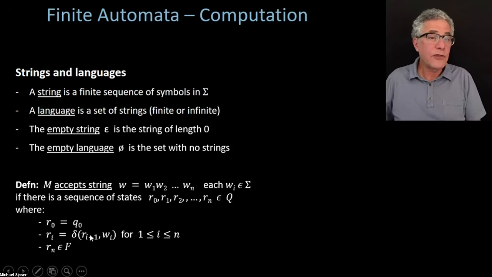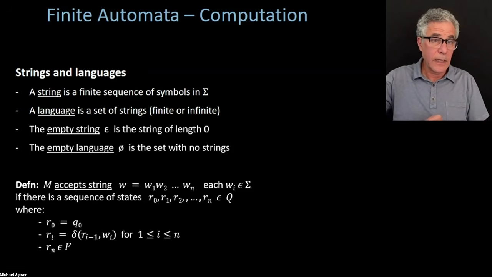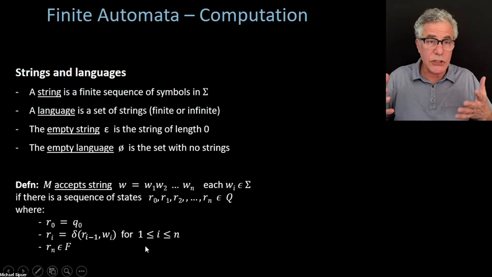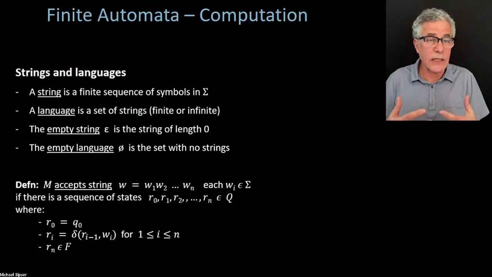And lastly, for this to be accepted, the very last member here, where we ended up at the end of the input, so you only care about this at the end of the input, you have to be in an accepting state. So you can mathematically capture this notion of going along this path. I'm just trying to illustrate that we could describe all this very formally. I'm not saying that's the best way to think about it all the time, but that it can be done. And I think that's worth appreciating.